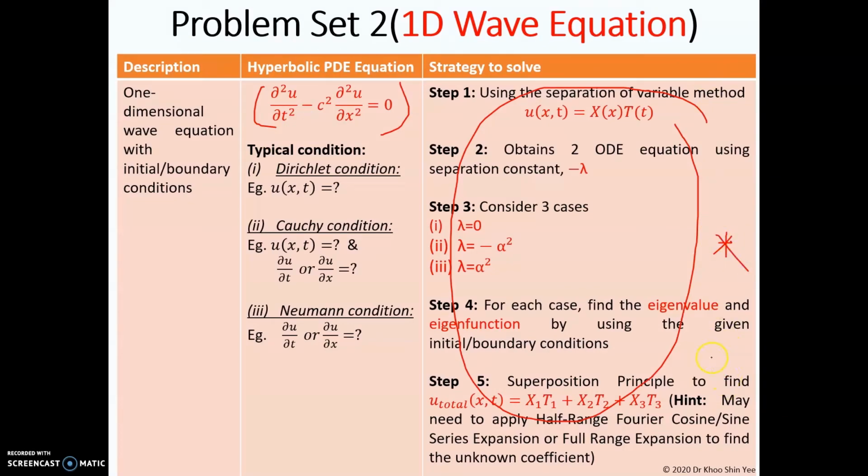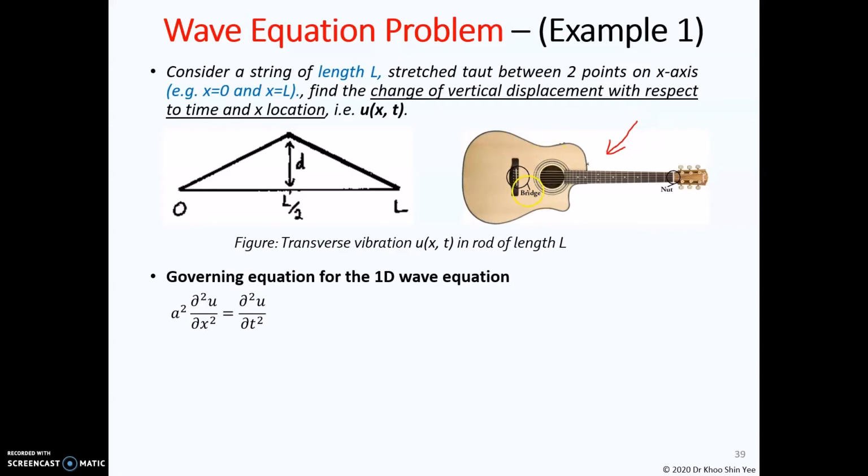It's very important. In this example, you have a guitar and you want to study the vibration of the string from this guitar. You can see the string is fixed at both ends here. Let the direction here be x, then you obtain x equal to 0 to indicate this point, and x equal to the total length L to be this point. Let the vibration in the vertical axis here be u. So u is your vibration in this direction. Therefore you can see at these 2 points, the vibration will be equal to 0